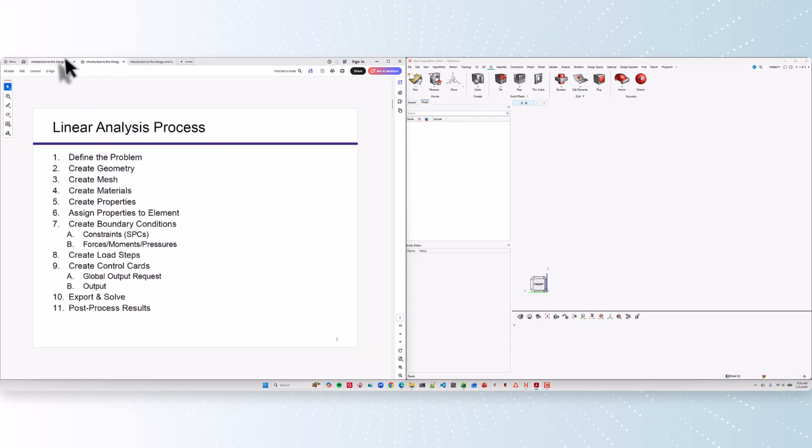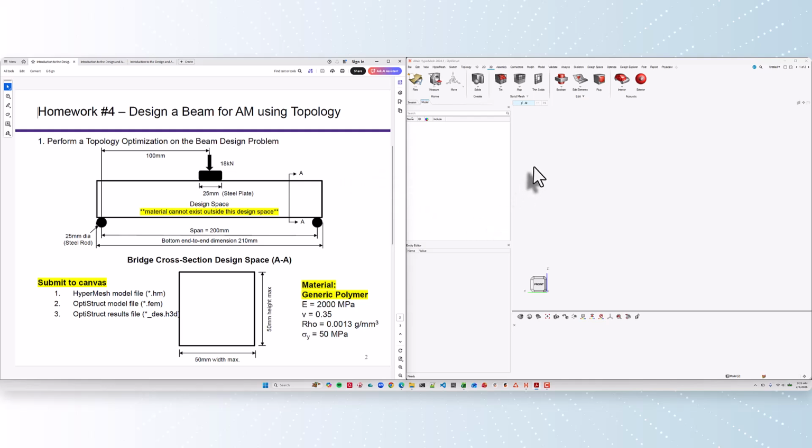It's create the geometry. Okay, so let's come over to HyperMesh here. And a couple of things just to set up, to make sure we're all set up. I would right click in the white space, go to configure browser, and make sure that this show entities under subfolders is on. And the next thing I would do is go to preferences, and then I would go HyperMesh appearance. And then if you scroll down